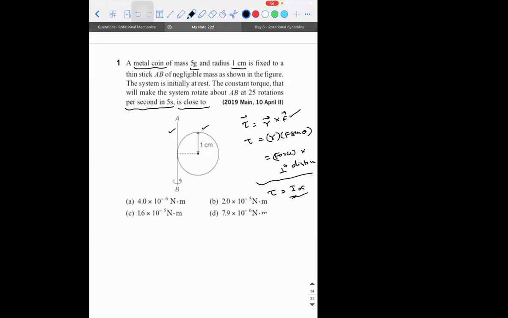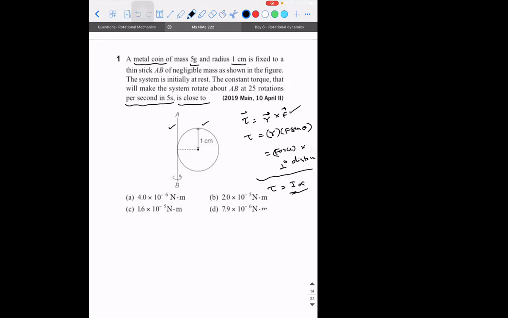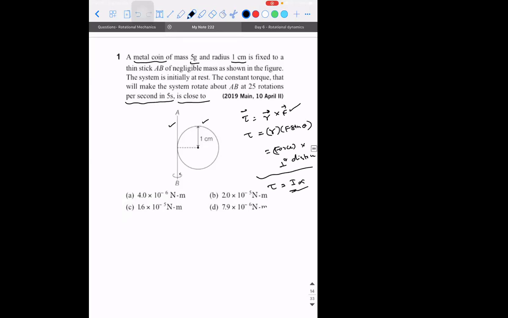The question itself will indirectly give you a hint. Sometimes you might need to use both also. But generally, what are the keywords? When the system is rotating, we have to use the second formula. The keyword is the system itself saying rotations per second. So what have they given? 25 rotations per second is indirectly what? Frequency.